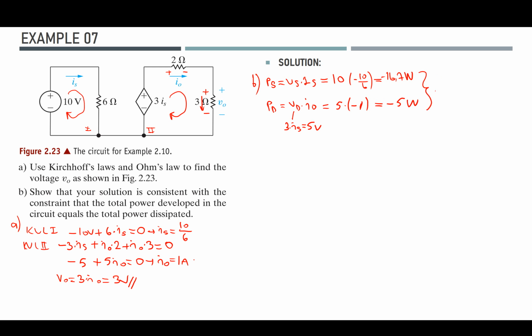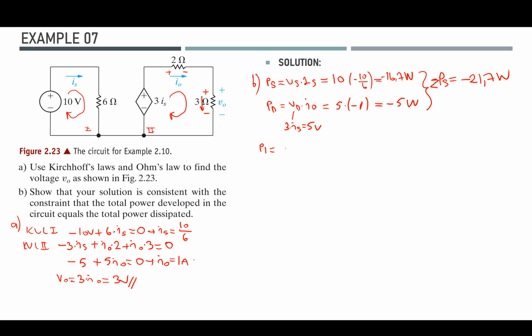So if I combine them, my delivered power, the power of total sources, is given as minus 21.7 watts. Okay, it's supposed to be consumed by the rest of the circuit. So let us see if that's consistent. First of all, I have the first resistor here, the 6 ohms resistor. Let's say this is resistor 1, so it's going to be